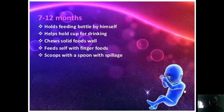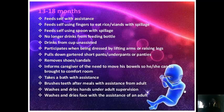From 7 to 12 months, holds feeding bottle by himself, helps hold cup for drinking, chews solid foods well, feeds itself with finger foods, scoops with a spoon with spillage. Then from 13 to 18 months, we have here feeds self with assistance, feeds self using fingers to eat rice, viands with spillage, feeds self using spoon with spillage, no longer drinks from feeding bowl, drinks from cup unassisted,